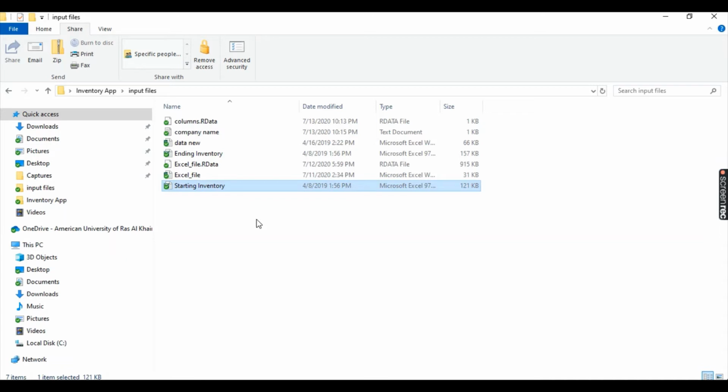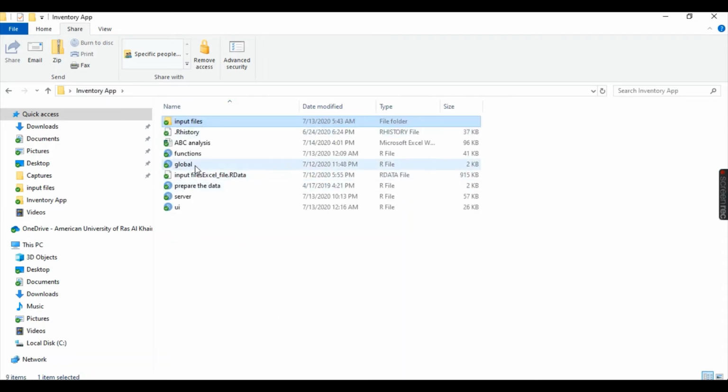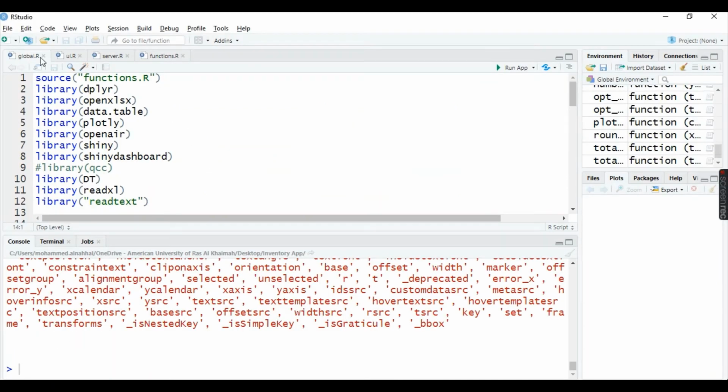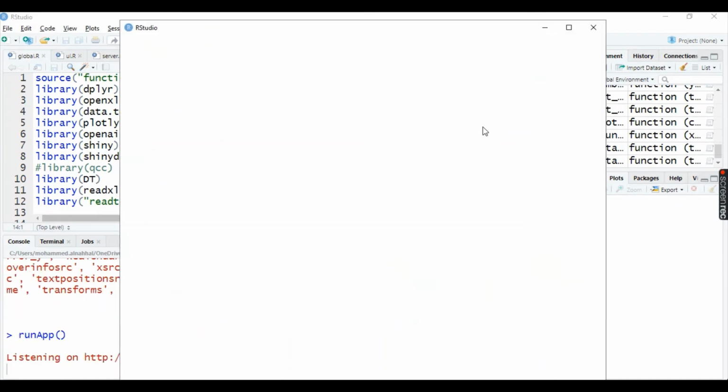Sometimes the data is big to the level that Microsoft Excel cannot handle it. So we have big data. R is capable of dealing with very large file data. Here is a file data in the format of R data. By clicking on Run App,